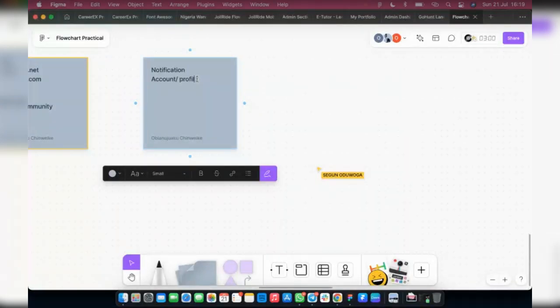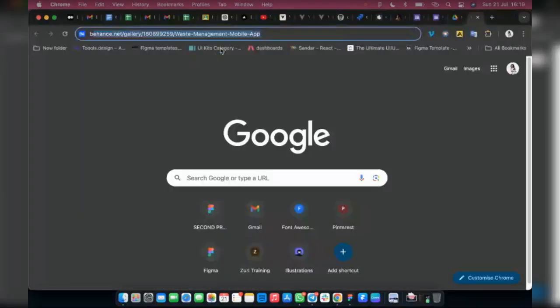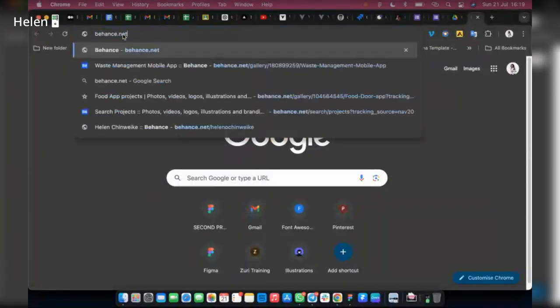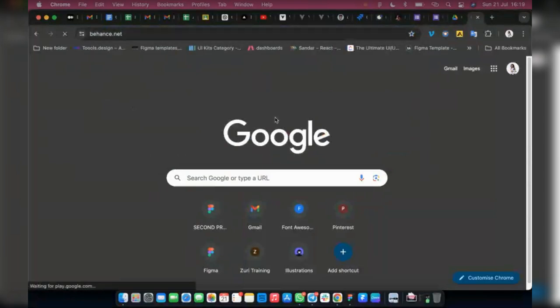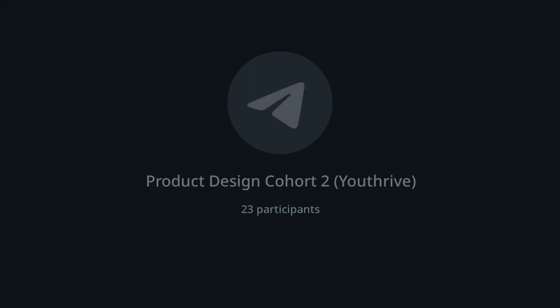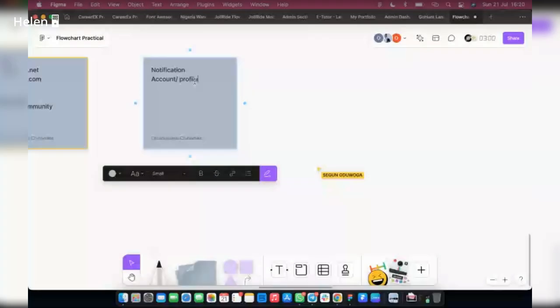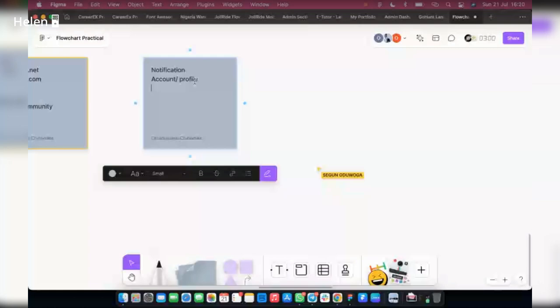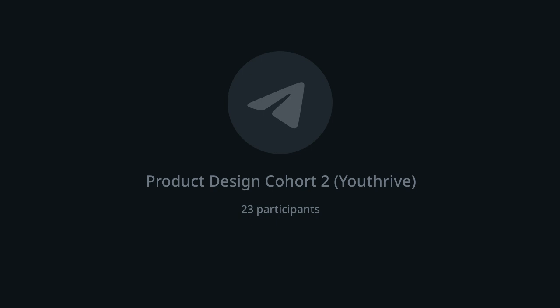Let me go and look for a food app homepage and then show you what I think. So while we are waiting for it to load, let's go back to Figma. I hope it loads very fast. So let's use the word profile or account icon. Then the next we're going to have is the favorite icon